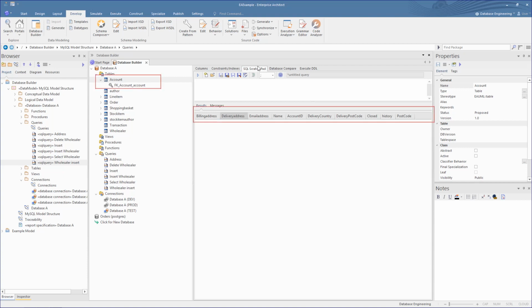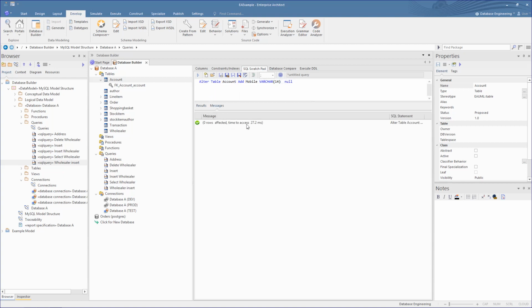We see that we have no mobile phone or cell phone column for the account. So let's add a column to the table on the database side. This just adds one new field to our table. By using a simple SQL statement, we can check that it has been run and now exists on the database side. So we can now see that the column Mobile has been added to the Accounts table.